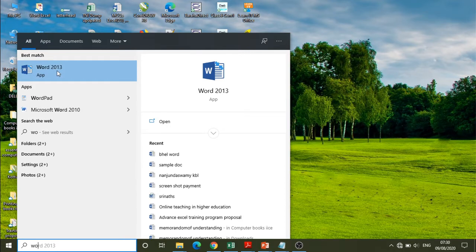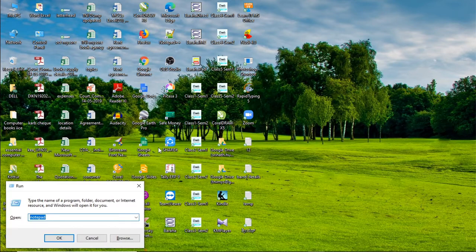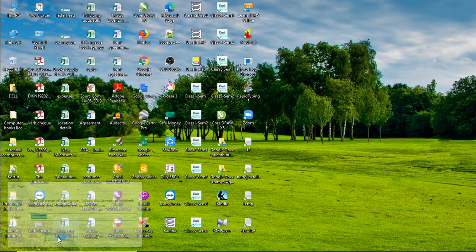Or one more easy method is you can use the Start button and along with that you can press R. You will get a run command, a run window wherein you will be able to just type WinWord. So, this will also open Microsoft Word application. You can choose any of the methods, or sometimes you can also find some shortcuts present on the desktop.